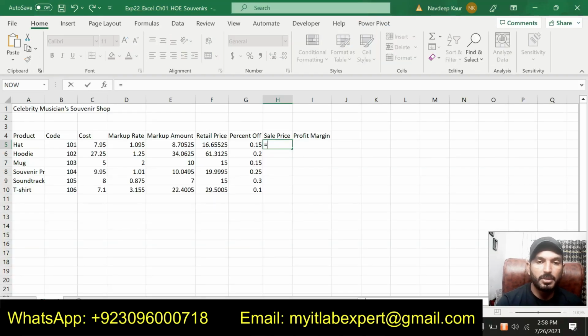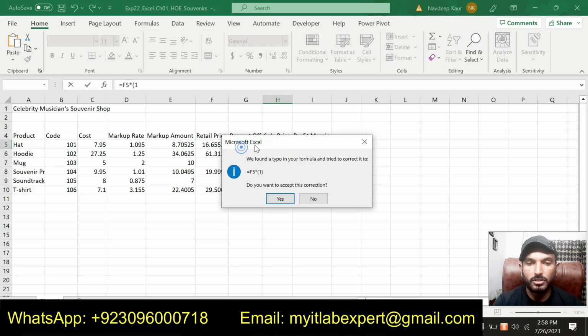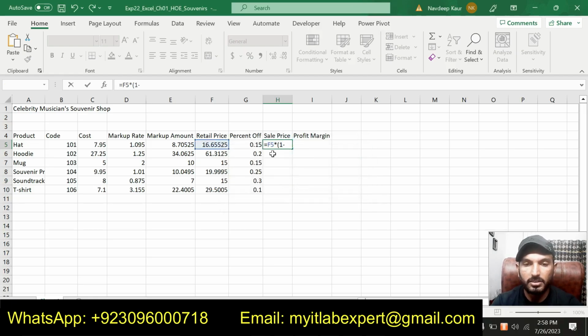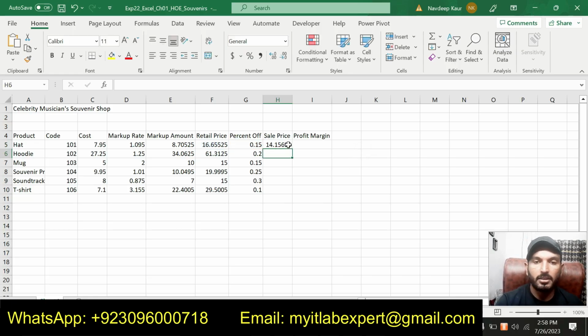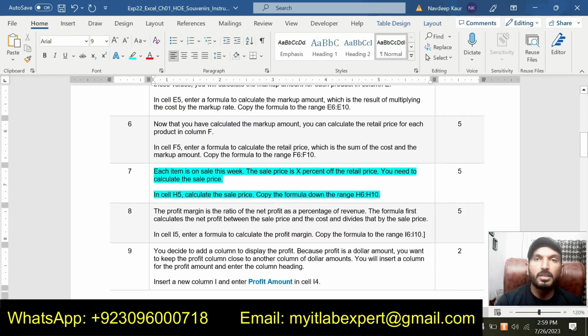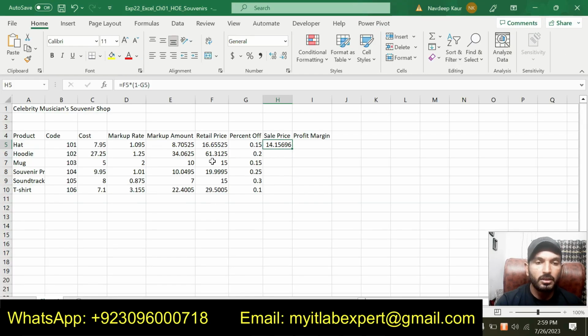So we will multiply the retail price, that is F5, by 1 minus the percent, and we will get the sales price. Now we are supposed to copy the formula down the column so that we can get the values for the sales price of the other products.